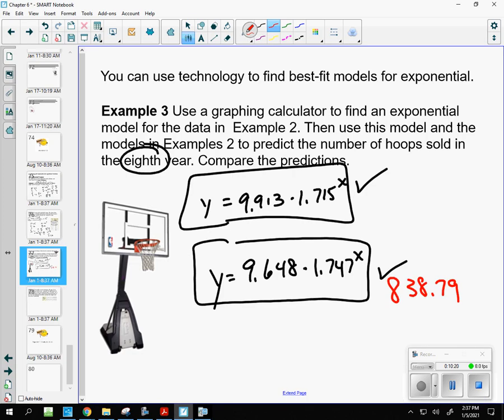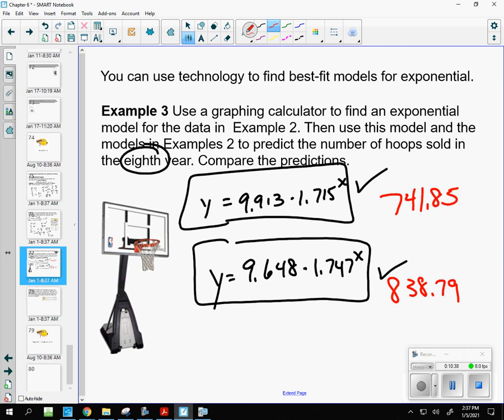The other one I'm going to have to do by hand. So 9.913. So I'm going to pull out a calculator. I have one sitting in my hand right now. 9.913 times 1.715 raised to the 8th power. So by hand,